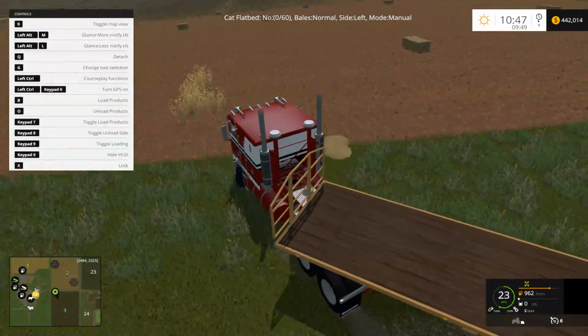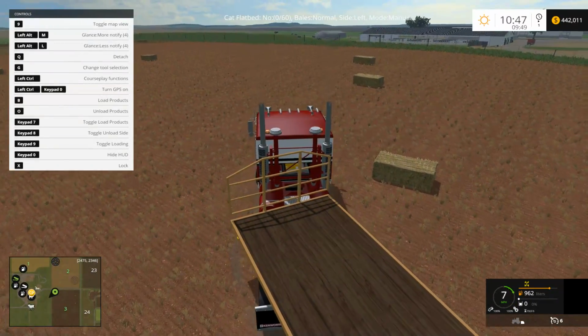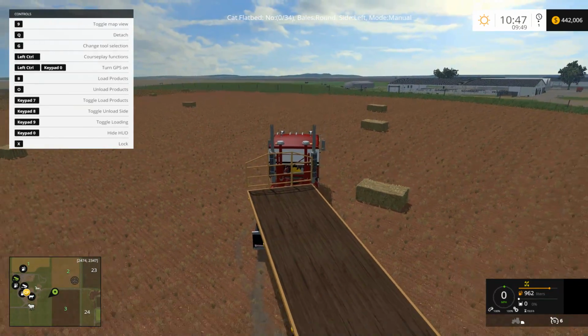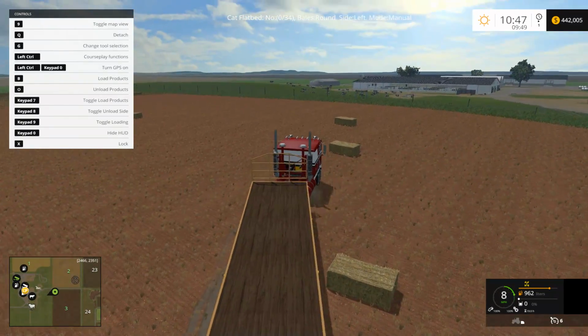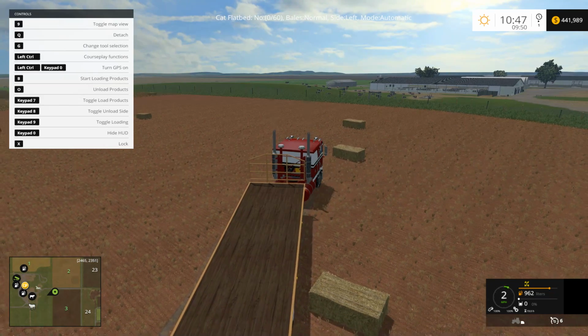Okay, I believe this is an auto-loading trailer. So toggle loading products. Keypad 7. Oh, keypad 9. Let's see, we've got to figure out which one it is here. Mode automatic, cat flatbed round. No, we want, oh, we have to select which one here. Bales normal. I guess this would be considered bales normal, maybe? Definitely not round. I'm going to assume...